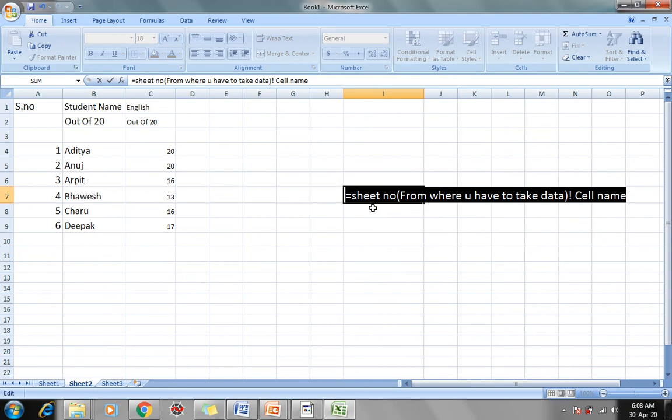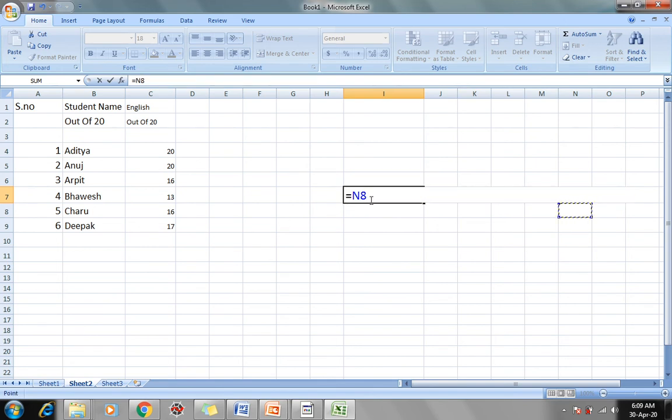So this is the general formula to perform referencing. Each and every formula starts with an equal to sign, then the sheet name, which stands for the sheet from where you have to take data, exclamation mark, then cell number.